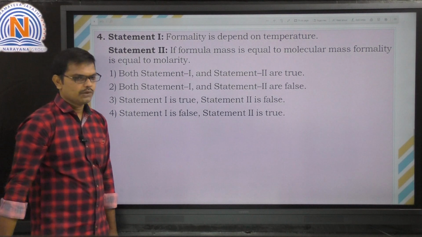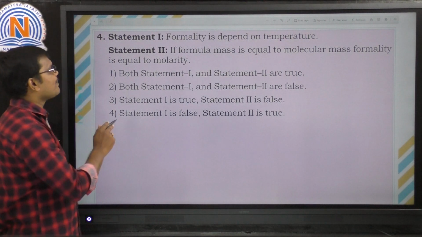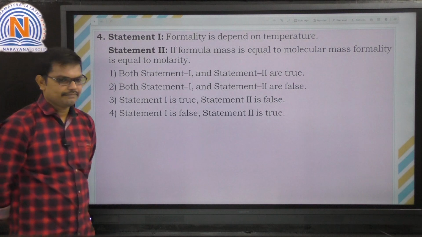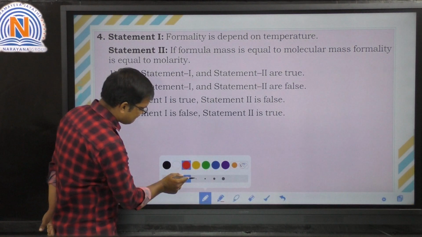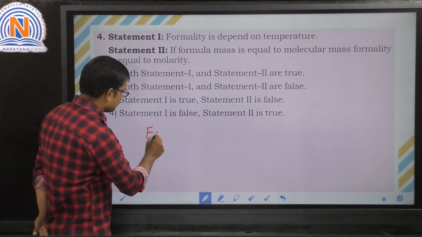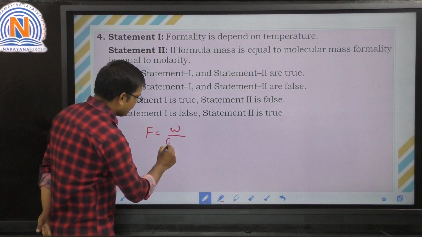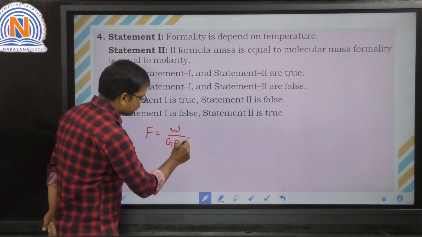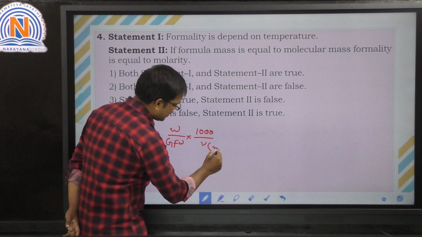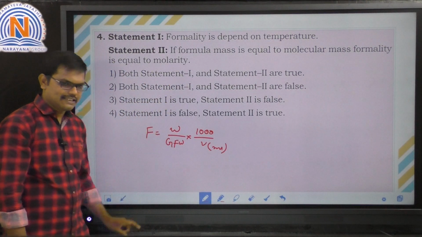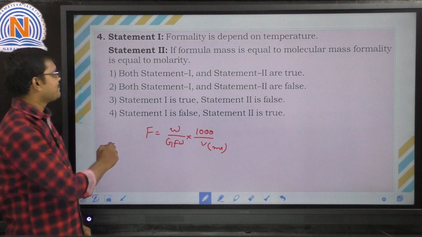Statements are given here. What is statement 1? The formality depends on temperature. See, what is the formula of formality? Formality equal to weight by gram formula weight into 1000 by V in ml. Volume is present, and it depends on temperature. So option 1